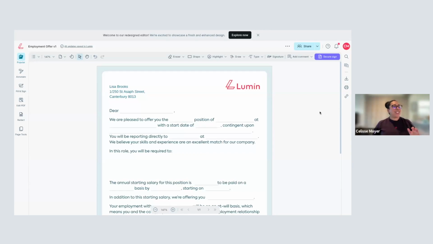I am so excited to be taking you through our brand new Lumin editor. So as you can see, this is our new Lumin layout. Starting on the left-hand side, we can see that our tools are now categorized. At the top, we have our most popular tools. These are going to be things like your shape, your highlight, draw text, of course, your simple signature and